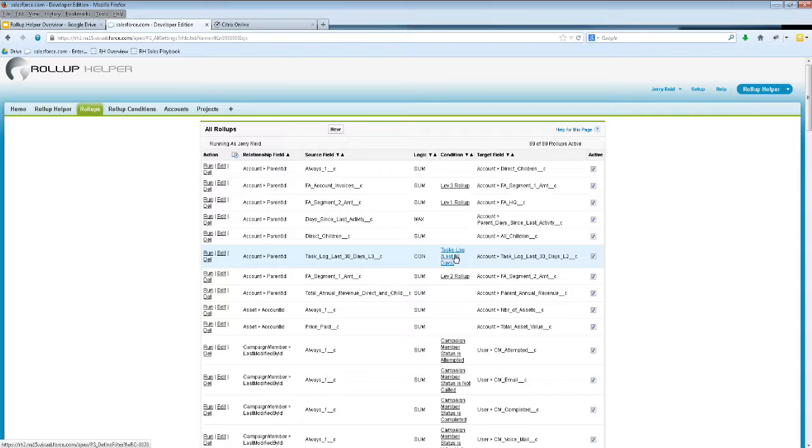I'm not going to go into all the details, but once you start using Rollup Helper, you can easily start to see how all these things come together. This is just a list view of everything that Rollup Helper has to offer, and I want to show you the different options that are available before I go into a more detailed demo. So for this particular example,